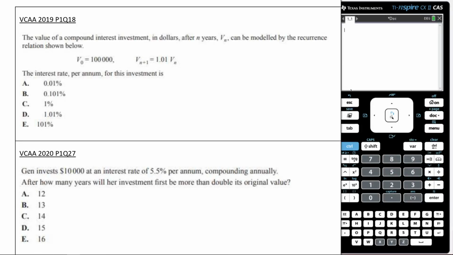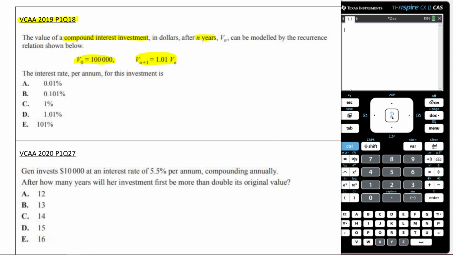All right, let's answer these exam questions. The first one is taken from 2019, paper 1, question 18. The value of a compound interest investment in dollars after n years, V of n, can be modeled by the recursion relation shown below. So as you can see, we're starting off with $100,000, and then every year we are